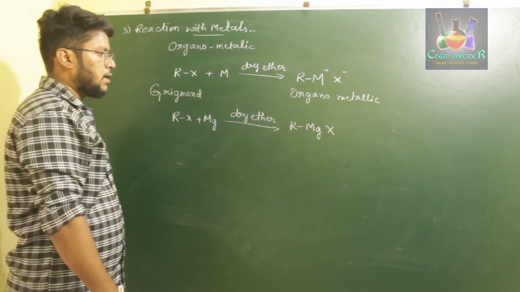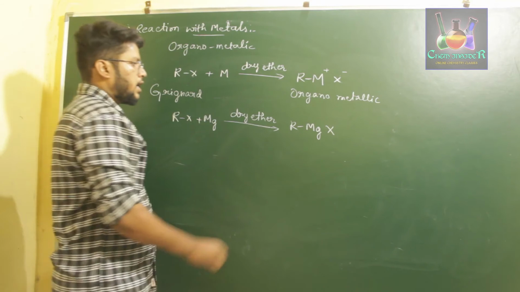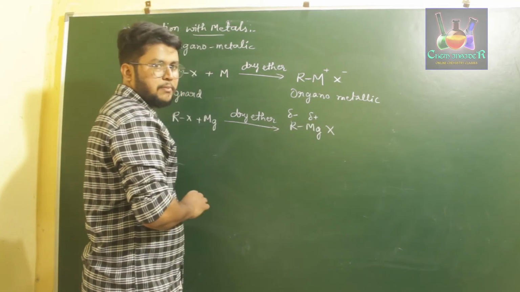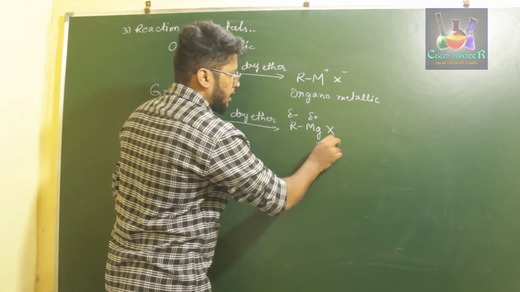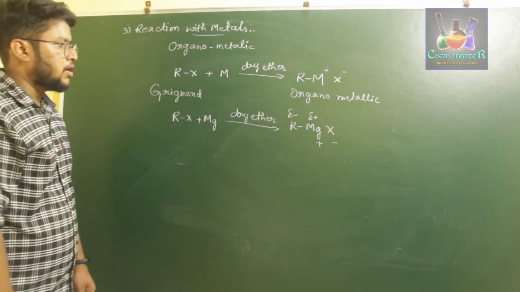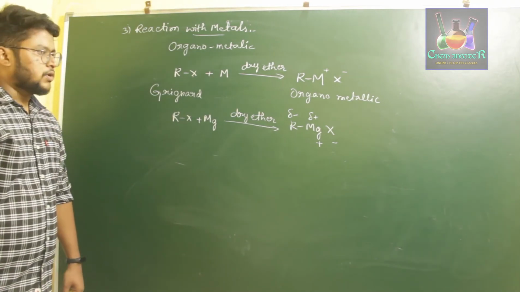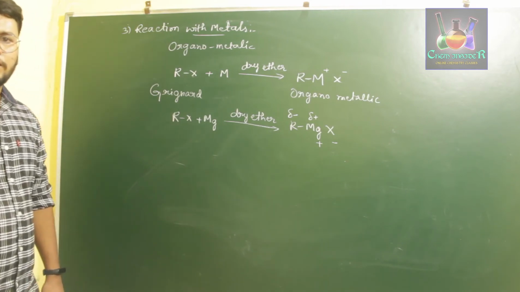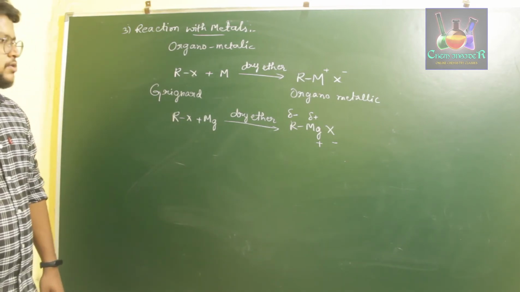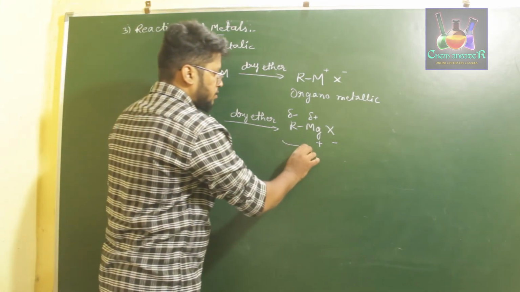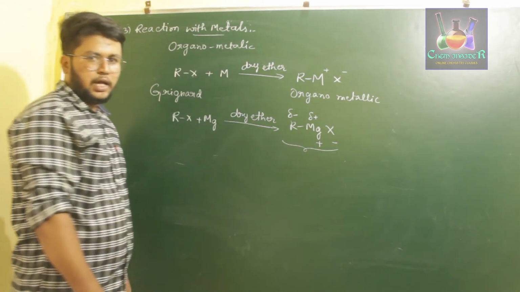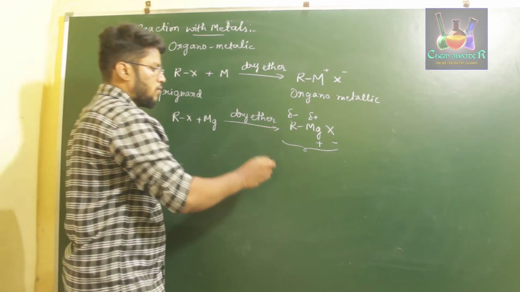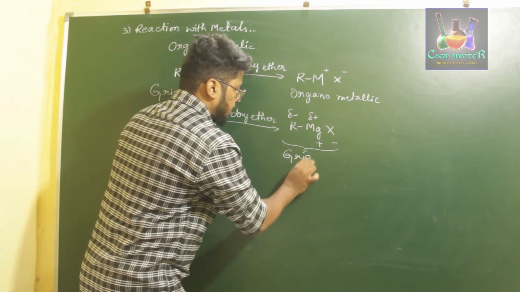where the bond of RMg, even though it is covalent, has a polar nature of delta minus on carbon and delta plus on magnesium, and further magnesium and halide form an ionic bond. This type of compound was useful for the synthesis of higher alkanes from different haloalkyl groups and alcohol groups. This alkyl magnesium halide, RMgX, is also called Grignard reagent.